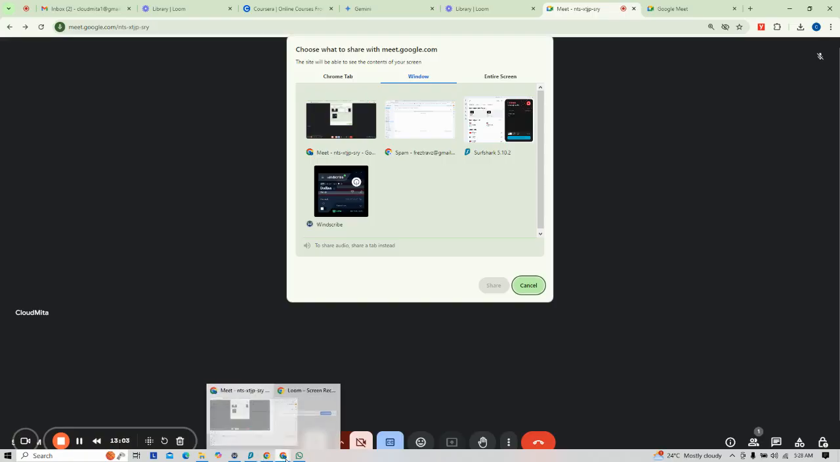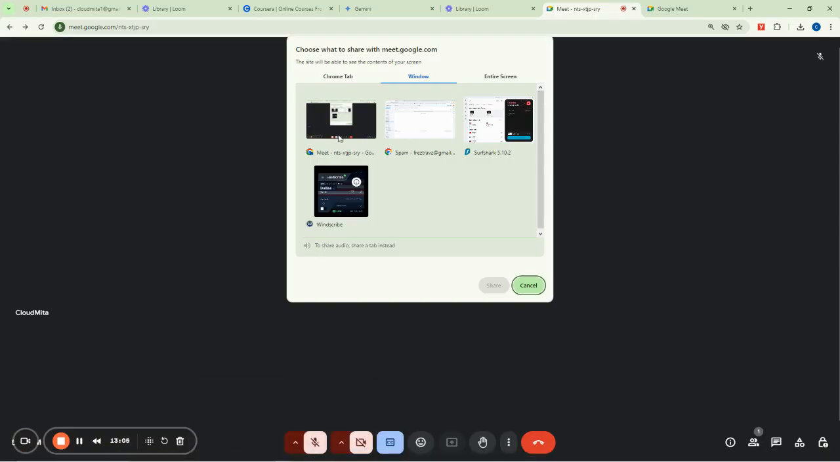I have this one, I have this one. So this is them here, this one and this one. Then I also have WinScribe, which is a VPN. So if you want to share your VPN screen, you can share that using here. Then the other one is also a VPN. So if you want to share that screen, you can share that by clicking on this, and then when